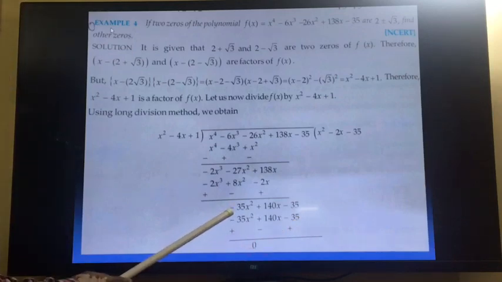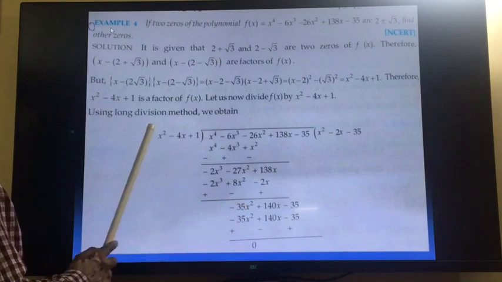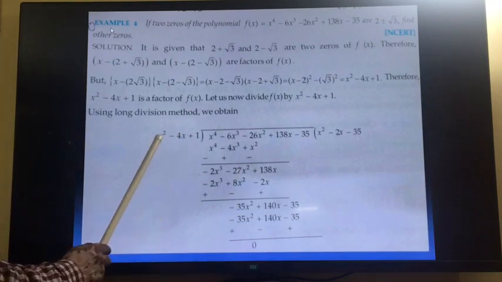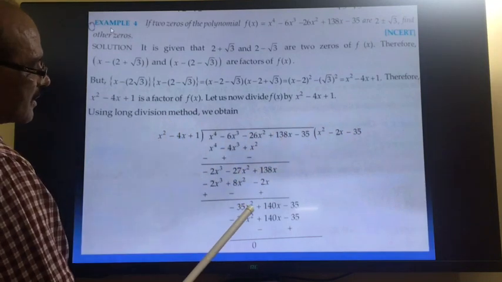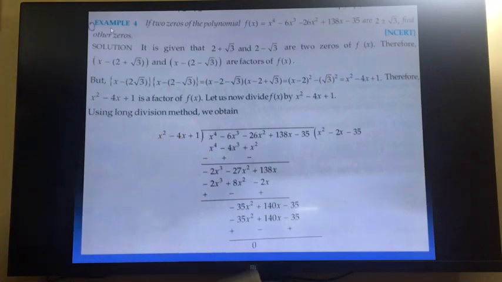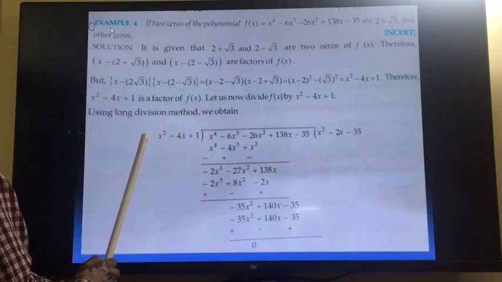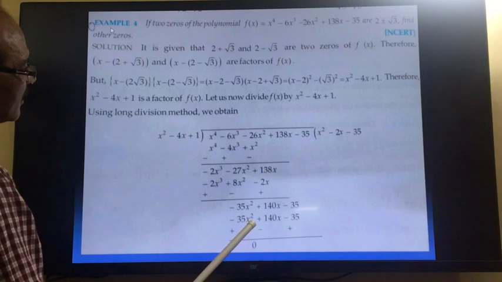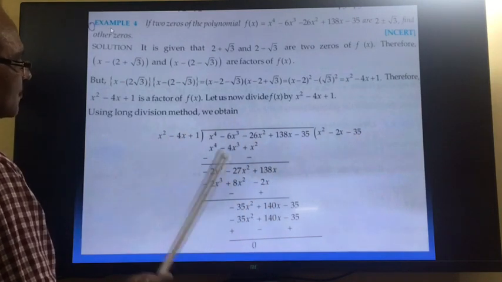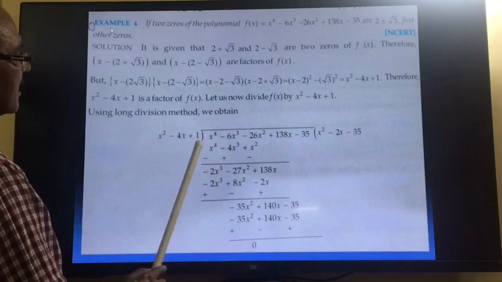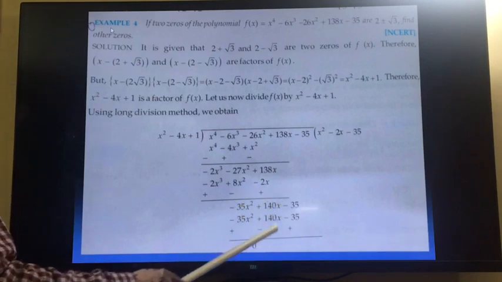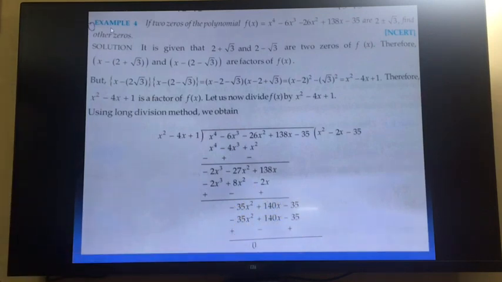Now you see what sign you want, minus, so write minus. What number you want, 35, here the number is 1, so by which number you will multiply, 35. 1 into 35 will be 35. Now you see the power of x, it is 2, here the power of x is 2, so we want the same power, so no need to write any x. So now we will multiply minus 35 by all three terms, so minus 35 into x square will be minus 35x square here, then minus 35 into minus 4x will be plus 140x, and minus 35 into 1 will be minus 35. Now change the sign to subtract, and after changing the sign we will get the remainder 0. So in this case the remainder is 0.